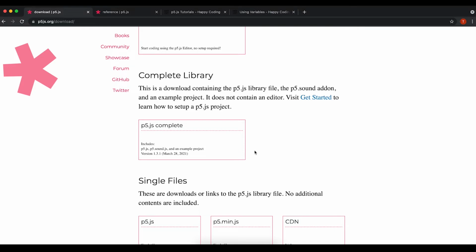Why I really recommend downloading the complete library is the sound option, where, say for example, if you were to make a game, you'll be able to incorporate the different sounds that you find on the internet and put them into your game, which I think is amazing. So now that you have downloaded the complete library, you would be able to see a zip file. You can go ahead and open that zip file. Trust me, it's not any internet virus or anything that will corrupt your computer. Just open that zip file and you'll be able to